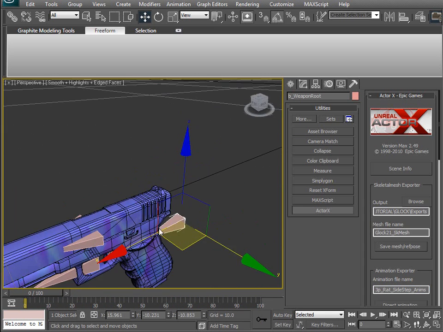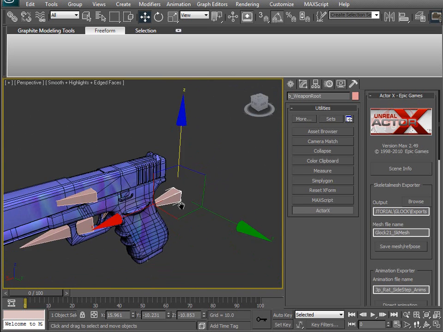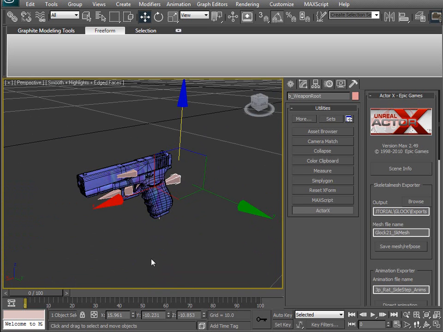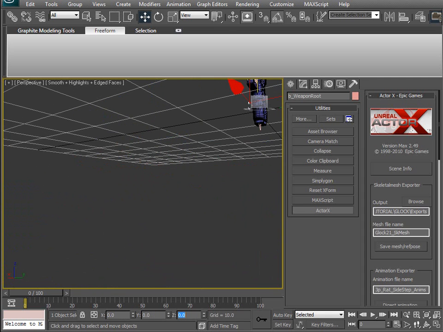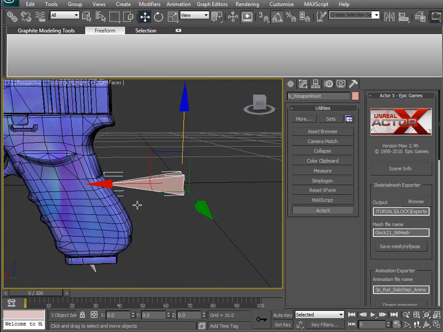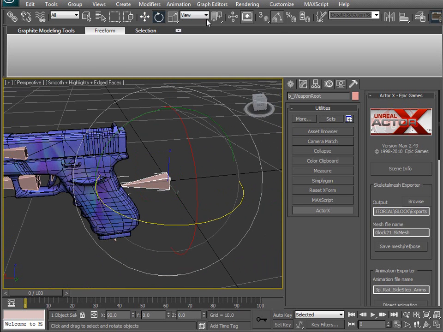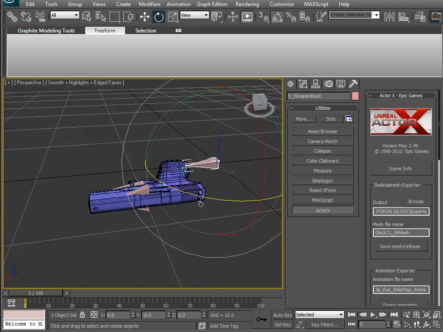You don't want this to move. You want this to be just 0 at the origin if there's any kind of animation on the gun. Okay, so I'm just going to take this and move it to 0. Then I'm going to rotate it in my view to 0 as well, and you can see that